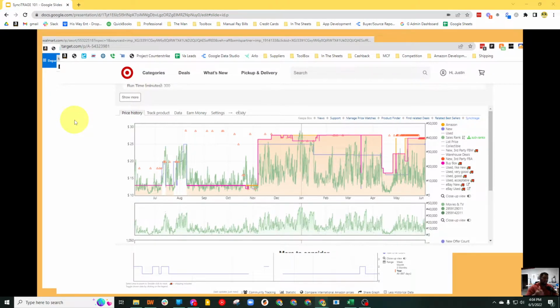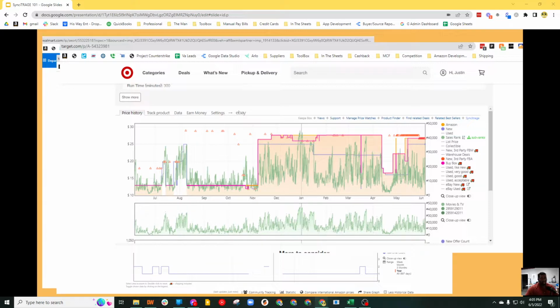Eventually, it's going to work with every single website that BrickSeek works with. So what does that mean? Home Depot, Lowe's, Ulta, Dollar General, all those sites, it will work with, I would say, within the next week or two. So that is SyncIt. Now, SyncLite and SyncPro will include the ability to do this. But SyncIt just by itself, if you just subscribe to SyncIt, you won't be able to parse the Keepa data, but you will have the ability to look at this, and it is tremendous for raw sourcing. It is so helpful for raw sourcing.